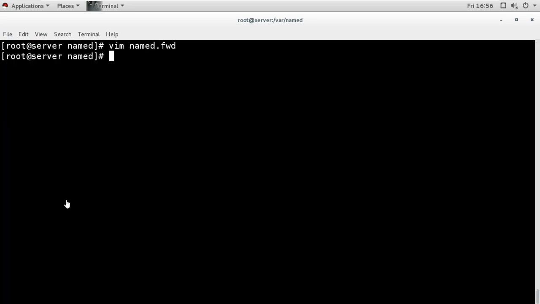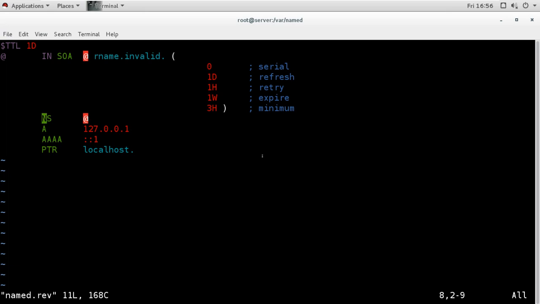And now I will configure the reverse zone file. So this is my reverse zone file, and we have copied it from the sample file, so it is having the same format.